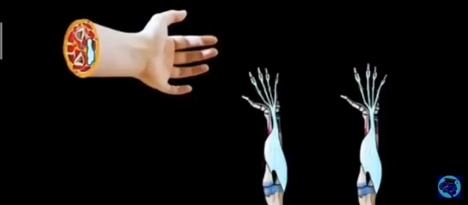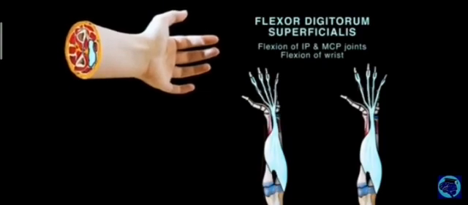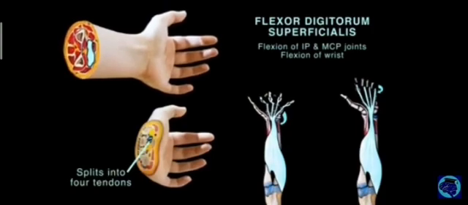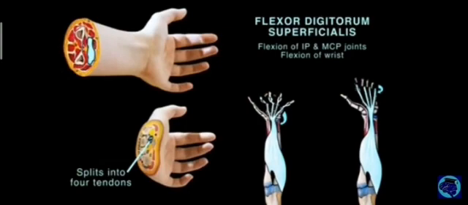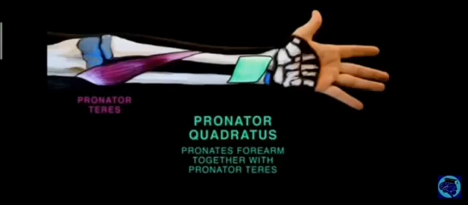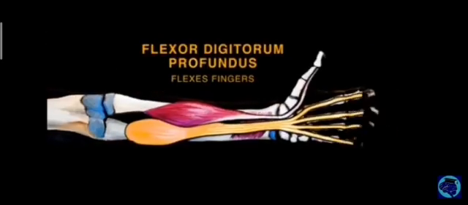The intermediate compartment has flexor digitorum superficialis, allowing these 4 fingers to flex just like this. At the wrist, 4 tendons result from splitting of this muscle, attaching to 4 fingers. After passing through the carpal tunnel, there are 3 deep compartment muscles: pronator quadratus, flexor pollicis longus, and flexor digitorum